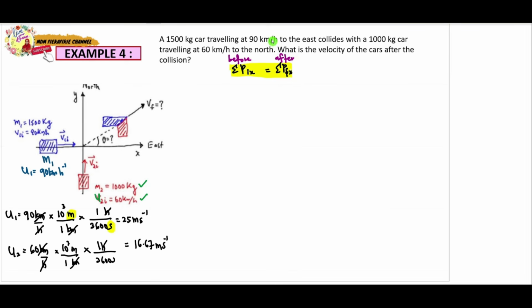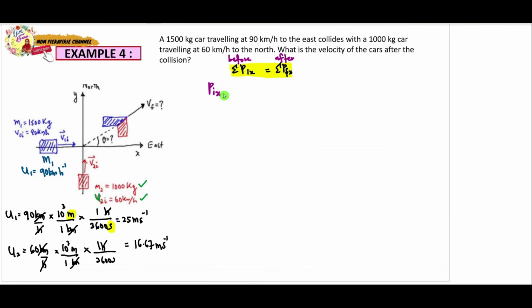So before collision, hanya car 1 sahaja yang bergerak in X component. Yang color biru ni. Okay, boleh jadi macam mana pula dengan car yang berwarna merah ini? So, the second car is moving in Y component. Dia bergerak in Y component. Bergerak ke atas, to the north. Kan soalan dia kata. So, bila kita tulis initial momentum, okay, initial momentum in X component,